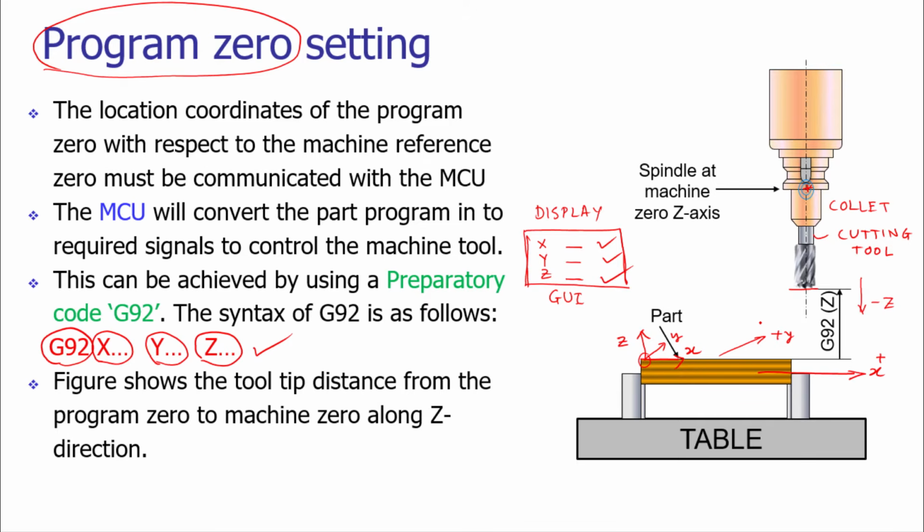So as the parts change, the part program reference point locations also change. So we need to do this activity regularly for each and every part. So if the fixture is fixed, if the reference point of the fixture is fixed and we are not changing the setting, then we can reduce the part setting time tremendously.